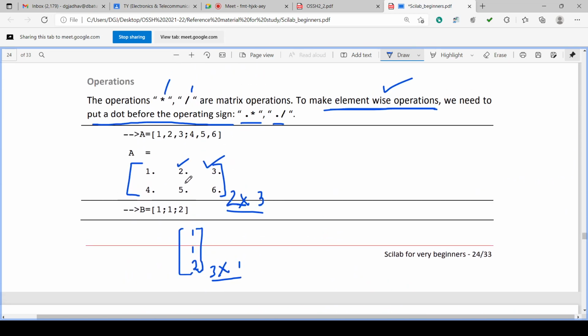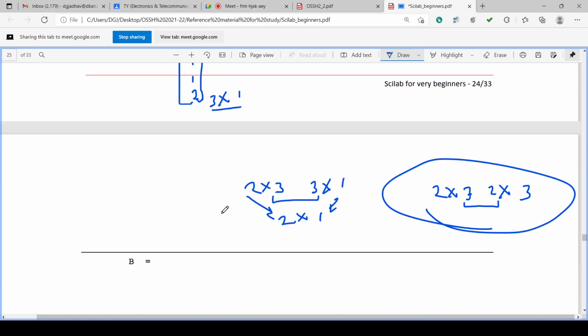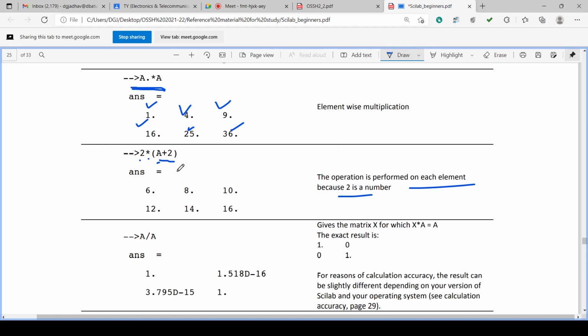Similarly, 2, 3, 4, 5, 6. So 2 is added with 2, 4, 4 into 2, 8. The 3 is added with 2, 5, 5 into 2, 10. Then 4 is added with 2, 6, 6 into 2, 12. 5 is added with 2, 7 into 2, 14. 6 is added with 2, 8 into 2, 16.